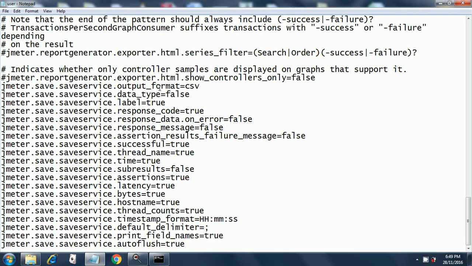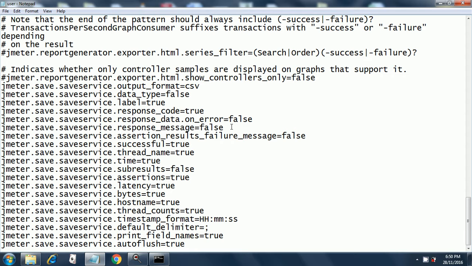I have added output format equal to CSV, data_type equal to false, label equal to true, response_code equal to true, response_data.on_error equal to false, response_message equal to false, assertion_results_failure_message equal to false, successful equal to true, thread name equal